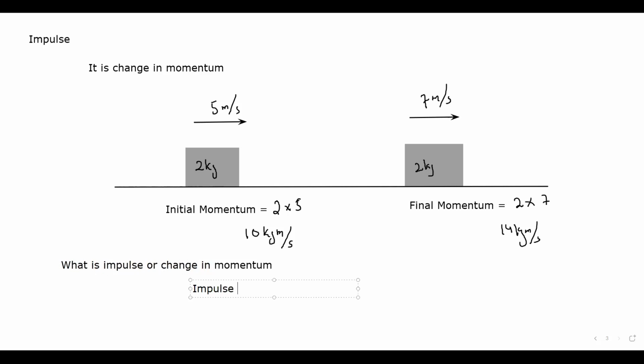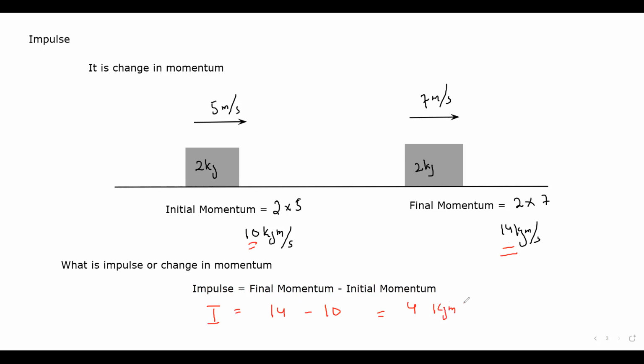There are two formulas. One of the formulas is the final momentum minus the initial momentum. So when final momentum minus the initial momentum, we get the impulse. Impulse is denoted by I. What is the final momentum of this object? It is 14. And what is the initial momentum of this object? That is 10. So 14 minus 10 is equal to 4